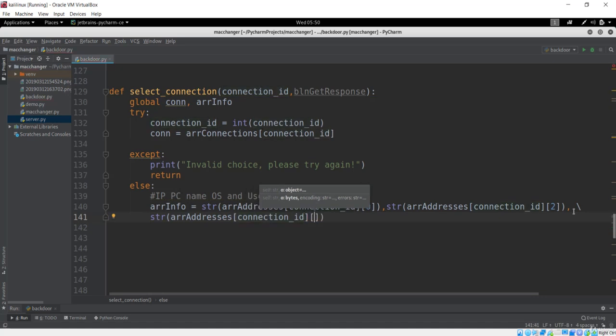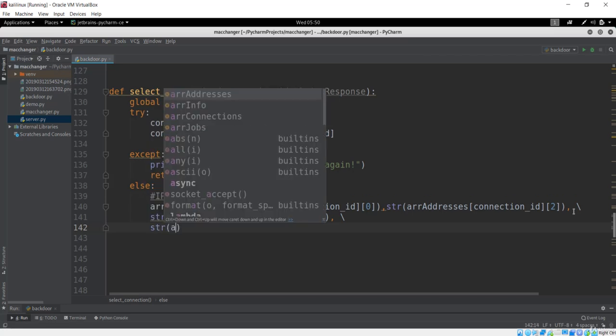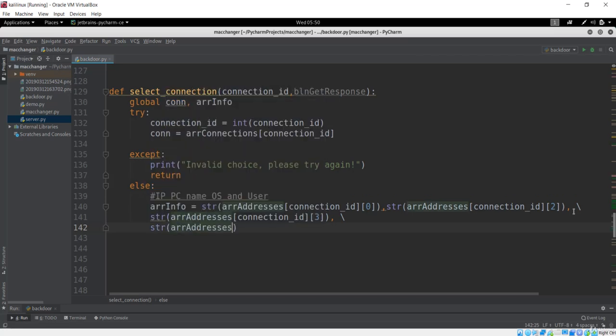So I'll just say 3 is our OS, and next is to go again to the next line. I'll just get another piece of information from this client, and this client information will be your username. So it will be at the 4th index. You can check this information by writing this code manually on your PC, and you can see what information you get in each of this list. But I assure you that the list will be something like this.